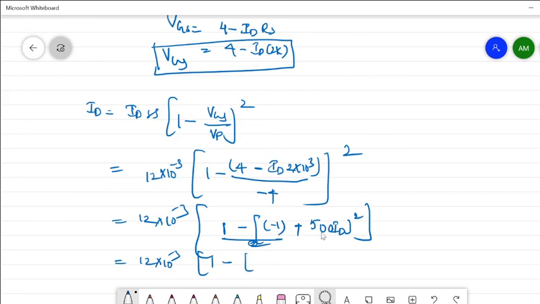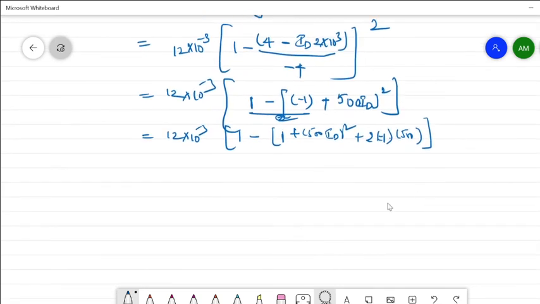So minus 1 whole square is 1, plus 500 ID whole square, plus 2 into 1 into 500 ID. When we solve this, finally you get this equation: 3000 ID square minus 25 ID plus 0.048 is